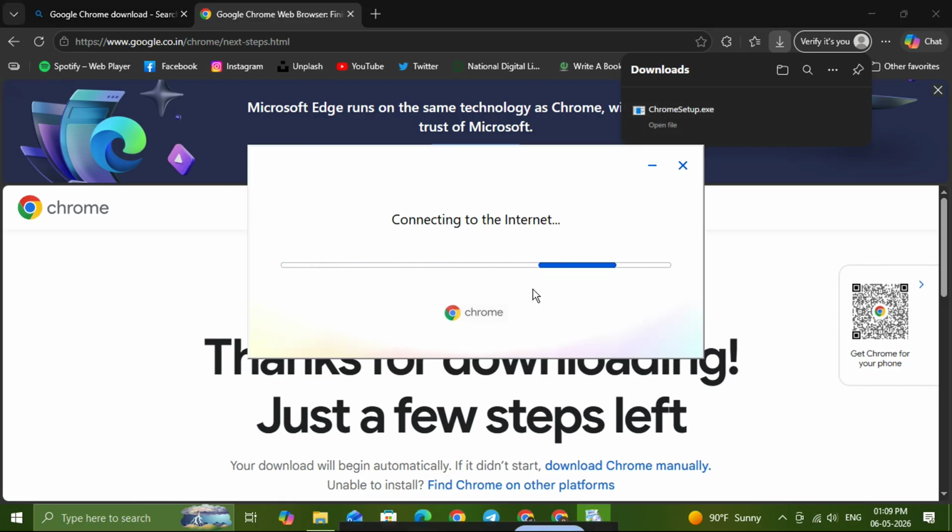Chrome is designed to install automatically, so you do not need to manually change a lot of settings. Just follow any prompts that appear on the screen and let the installer complete its work. Depending on your internet speed and computer performance, this may take a minute or two. Once the installation is finished, Chrome should open automatically, or you can find it in your start screen or desktop